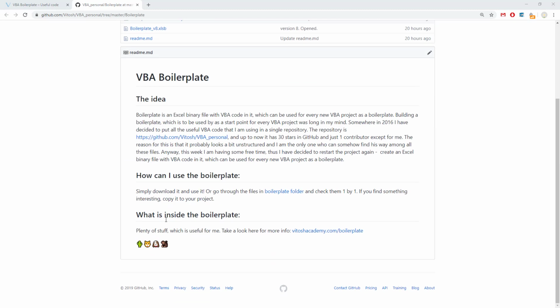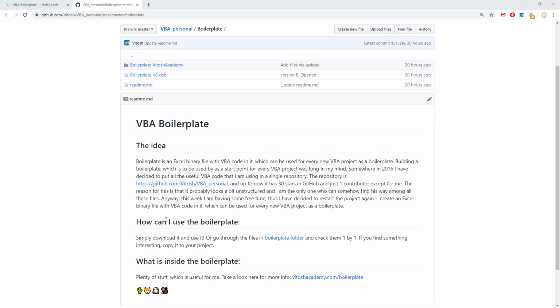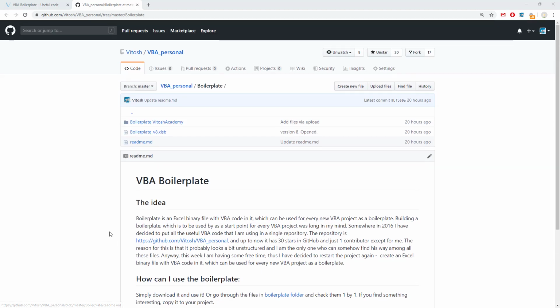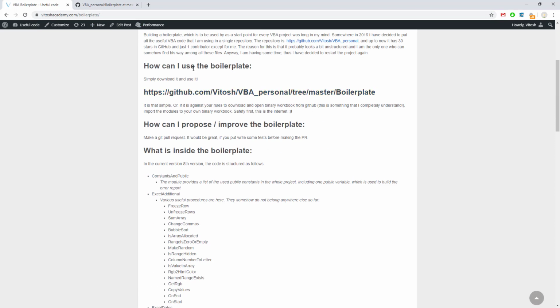So really with quick words, what is VBA Boilerplate? Pretty much these are all the useful functions that I have found or used through the years of VBA programming, and I have added them to one Excel binary file which is downloadable through GitHub. So you can always find it. The official website of the Boilerplate project is my website, vitushacademy/boilerplate, and you can take a good look